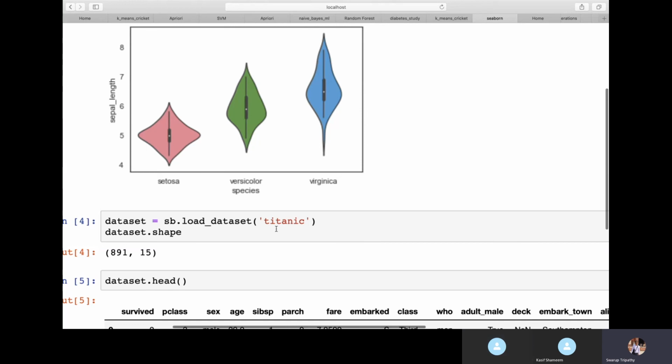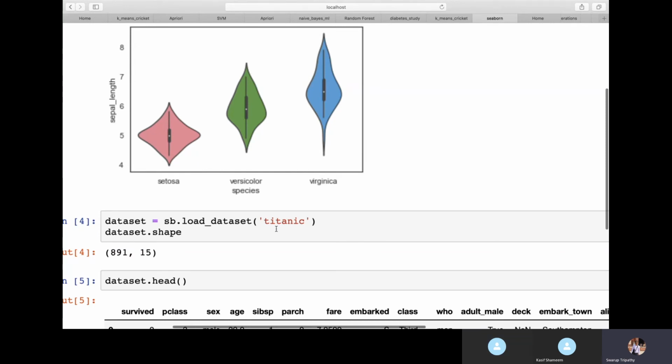In this incident, around 2,224 people were there on the Titanic ship, out of which 1,502 people died. So this data set is used to analyze and figure out, based on a given condition, who is going to survive and who is going to die in this kind of situation. When there is a panic situation like Titanic, what's going to happen based on different things.